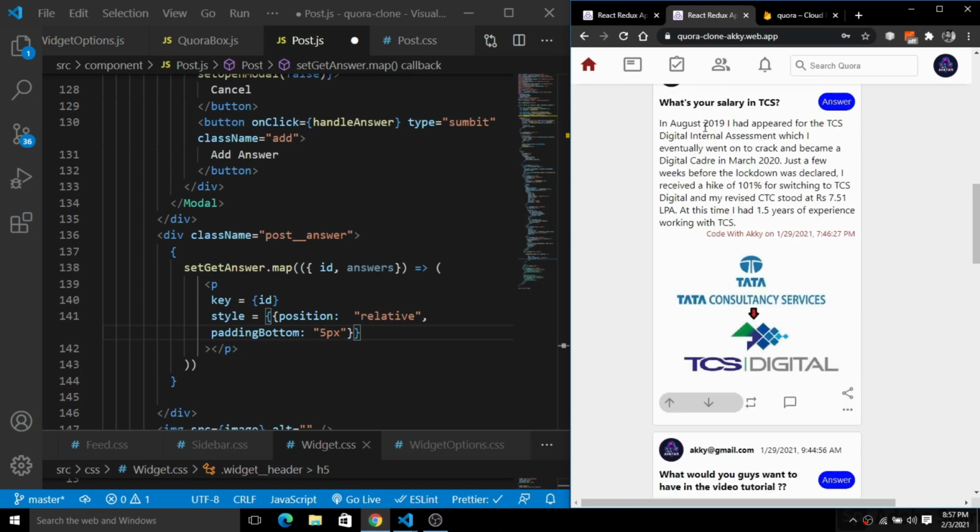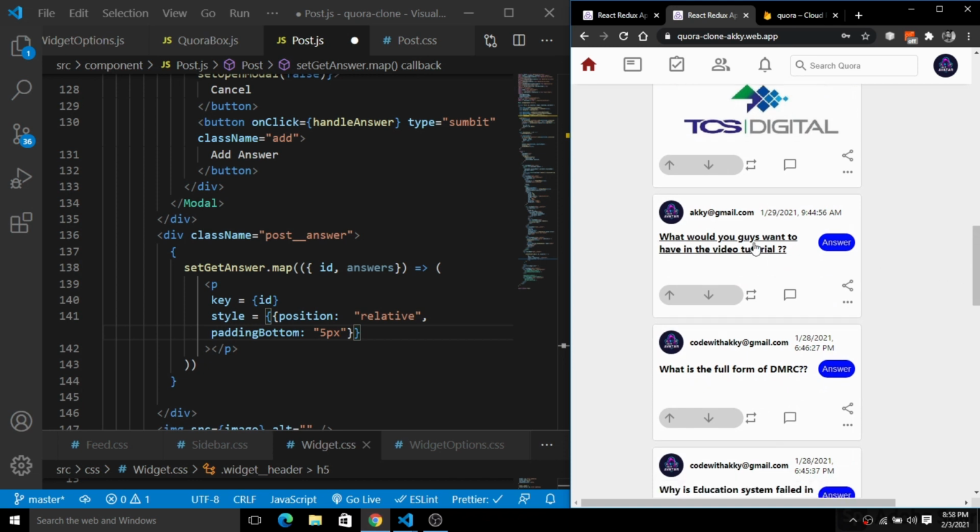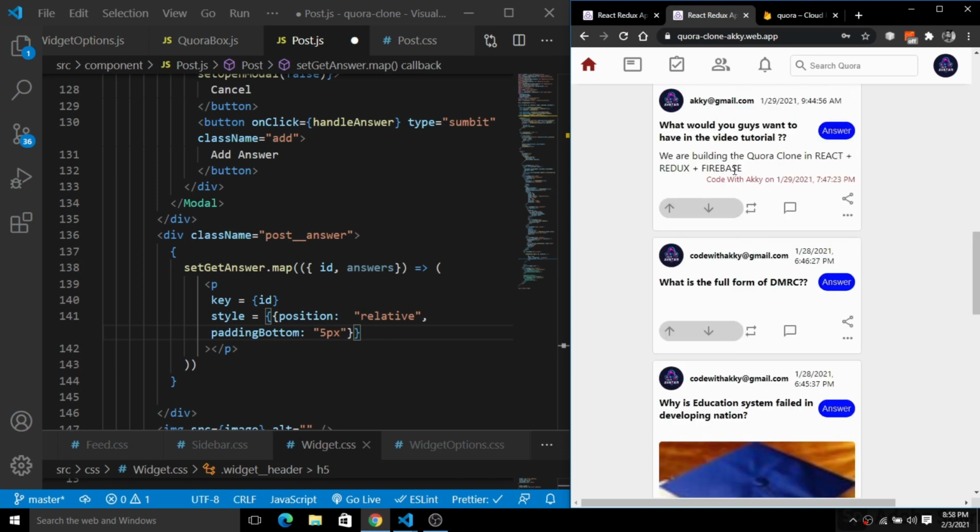So when I click on this, now you can see this is the answer for that respective question, and the answer is added by the user with the name and the timestamp for that respective user also here. So this is the exact thing that we are going to implement here. When we click on this, you will see the answer for that respective question. So I'm going to simply add a check statement here.